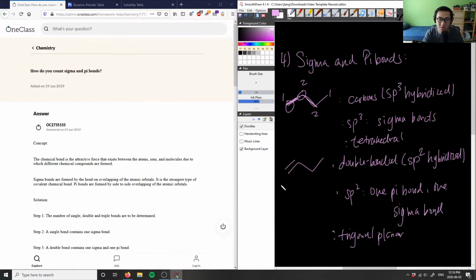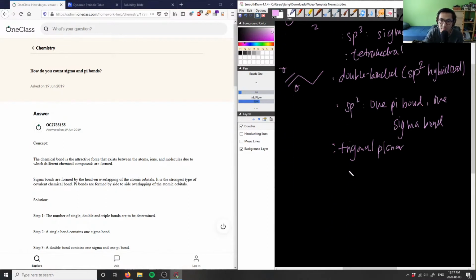If we want to count sigma and pi bonds, a double bond contains 1 pi bond, and the other is a sigma bond. So we have 1 pi bond and 1 sigma bond. And these guys can overlap because it depends on the rotation of the bond as well. So there's that. And then finally, in a triple bond,